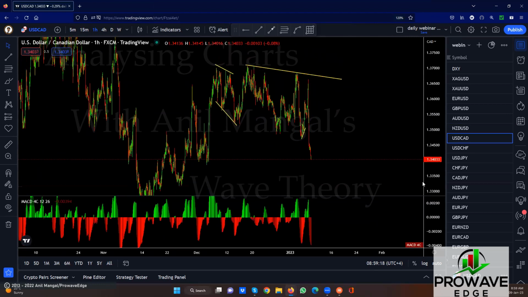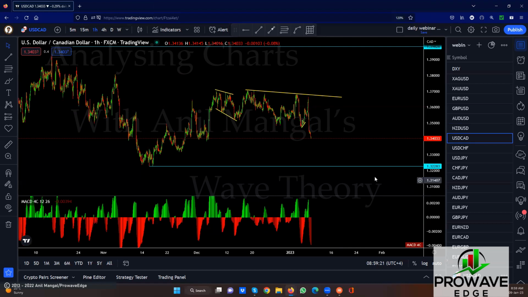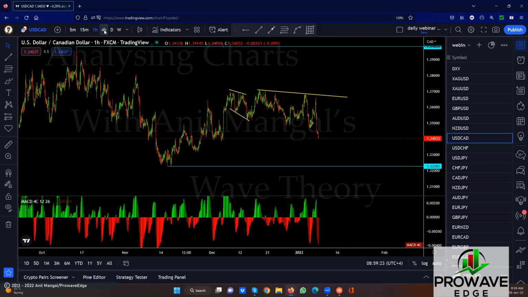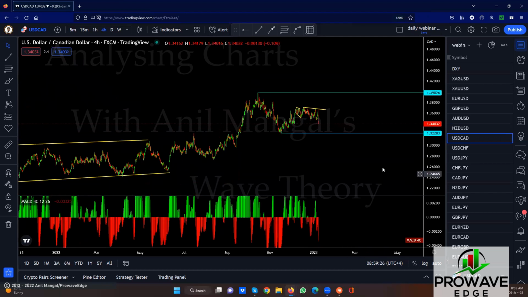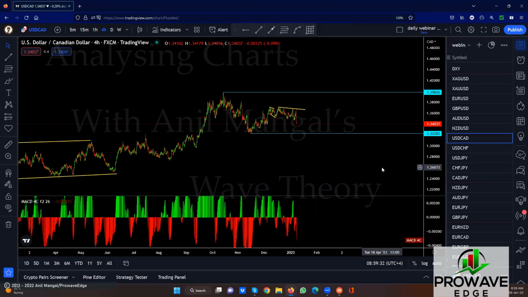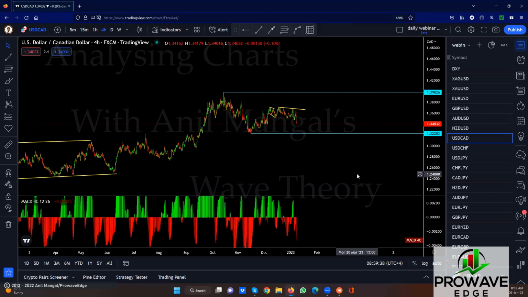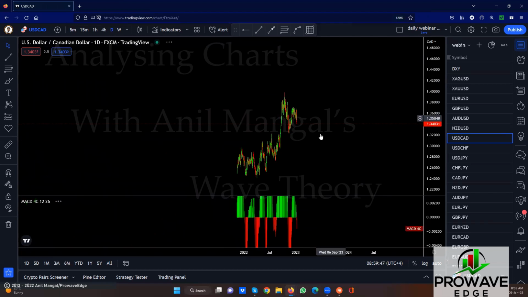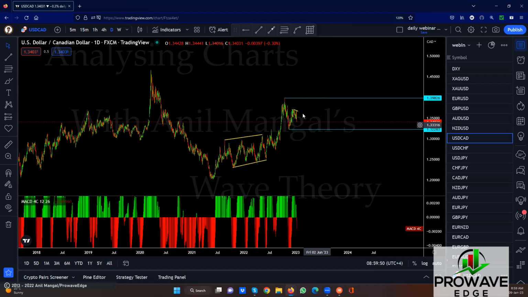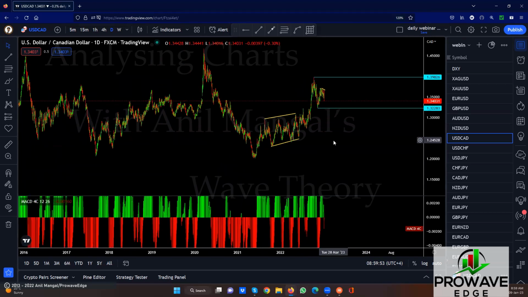CAD. Okay. That's a deep pullback. CAD might be a surprise for us. We're expecting a flat there, but not such a deep pullback into it. Because if they pull back so deep into it, it means we probably will be making one big consolidation here. And this whole thing here becomes one big consolidation. Definitely not a reversal, but a big consolidation. If it's an impulsive move up, why do we have a big consolidation there?